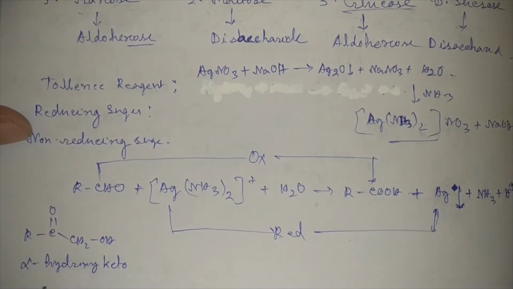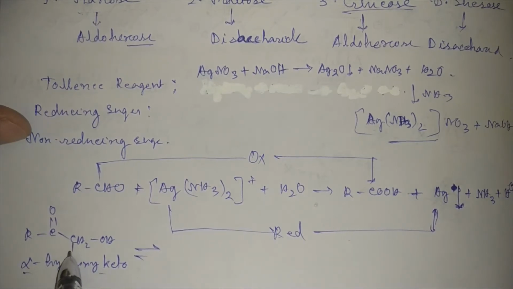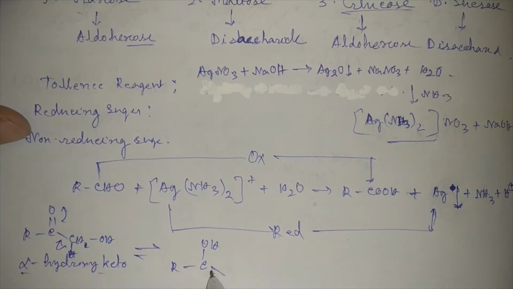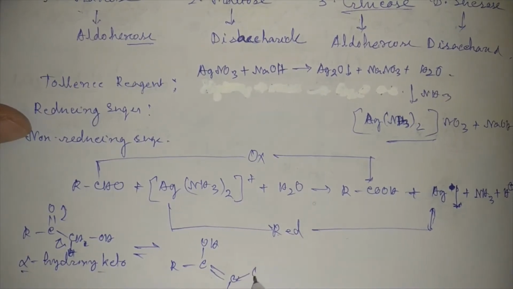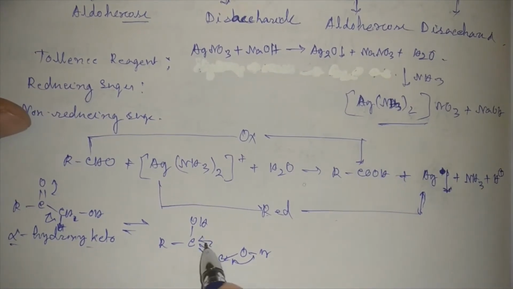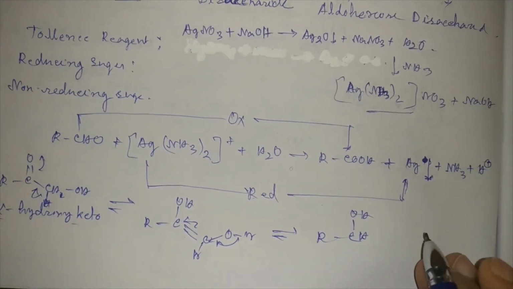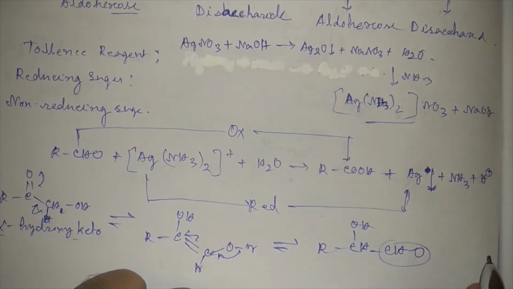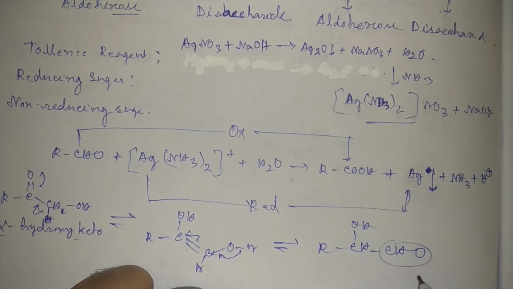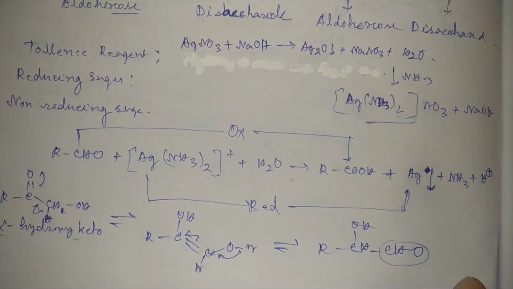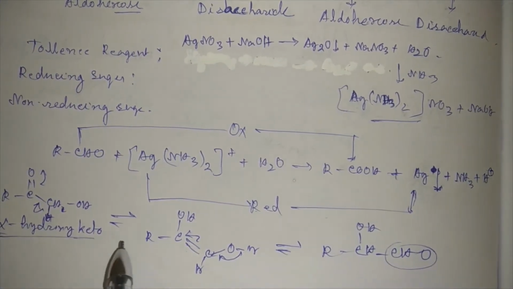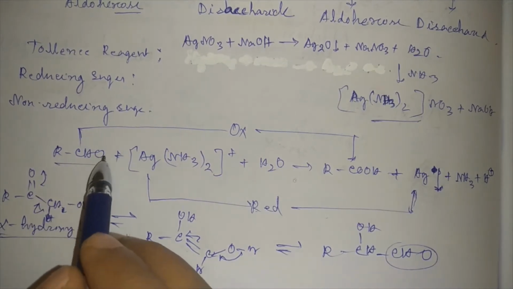Now why will this alpha hydroxy keto give the Tollens test? Because it will undergo tautomerization. Here this hydrogen will undergo tautomerization to form an enediol intermediate, and this enediol intermediate will further undergo tautomerization to form a CHO, a formyl group. Now it will act as a reducing agent. So that's why the alpha hydroxy keto and the aldehyde group, the compound which has these two groups will act